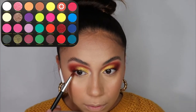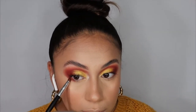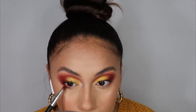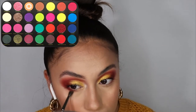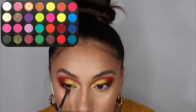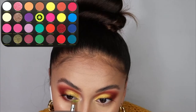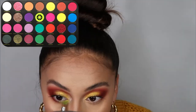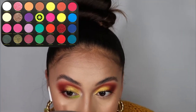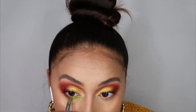Now I'm going back with the eyes, and I'm using the same shade Allspice for the outer corner, and I'm practically gonna use the same technique that I used for the upper lid. So first with the darker shade, then the lightest, which in this case is Queen, and blend it all out. And I don't think I used the shade Helen in the bottom. Instead, I used the green shade called Green Juice, and that just added some pop of color into this look, which I loved. But anyways, I slightly blended with that color